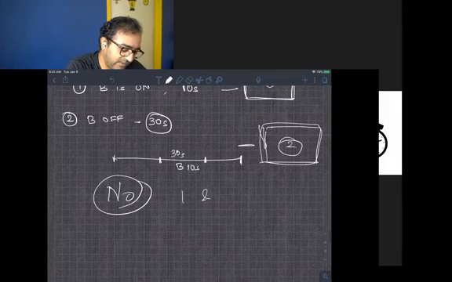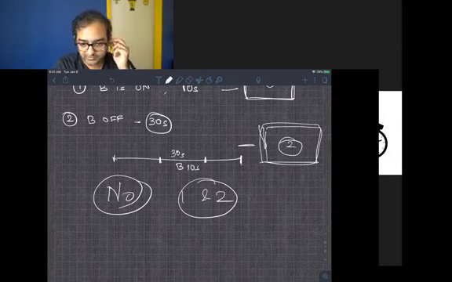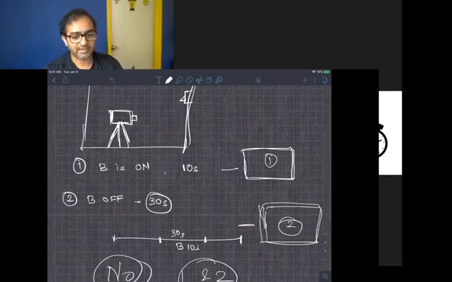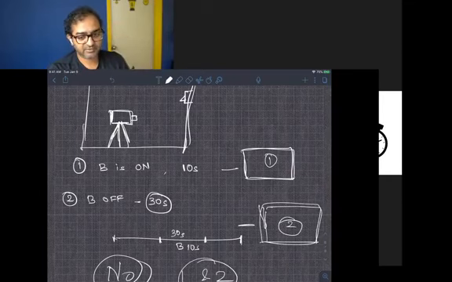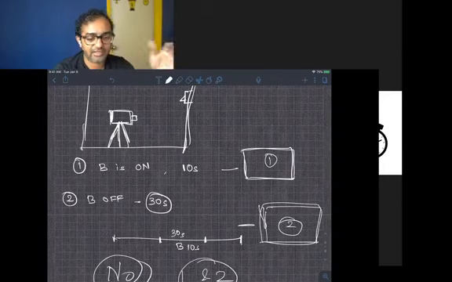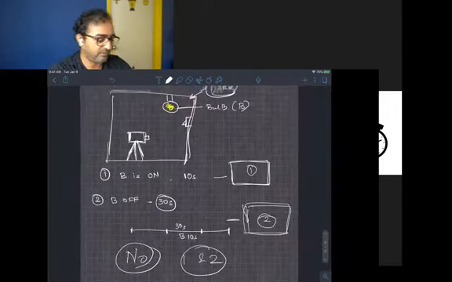Why? The only thing that matters for an exposure is how long light is hitting the sensor, how long light is hitting the film or the sensor in the back of that camera. Whether that happens because of the shutter opening and closing, or because of me switching on and off a light bulb in a completely dark room, does not matter. So the only thing that matters for exposure in this particular case is the amount of time light hits the sensor. That's really important for you all to know.